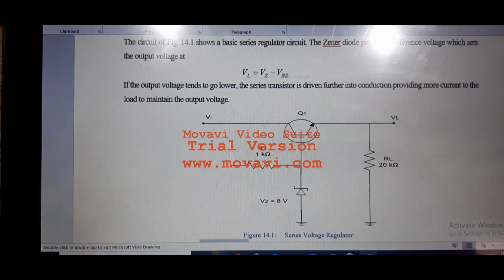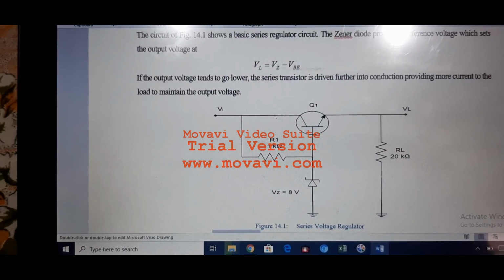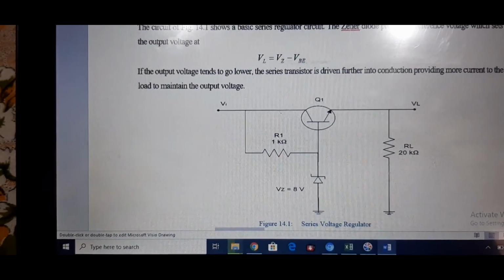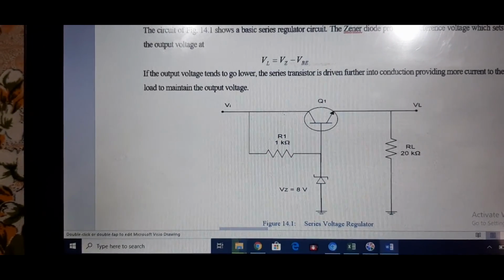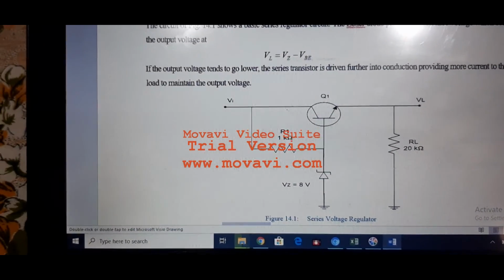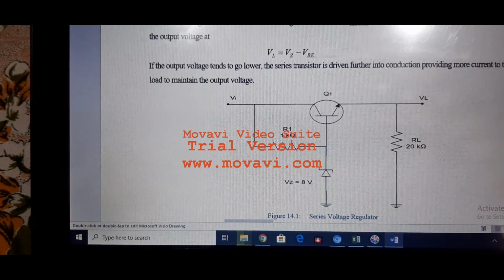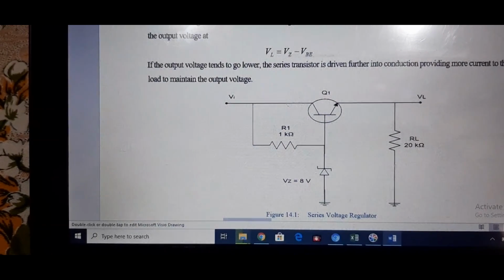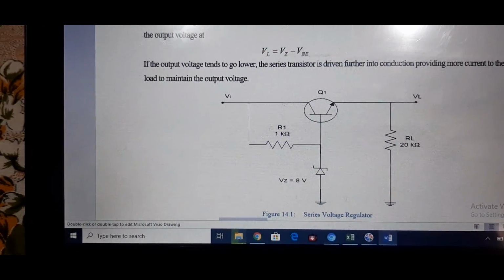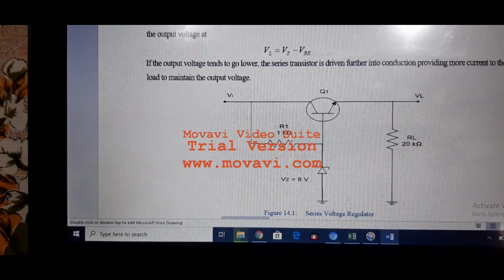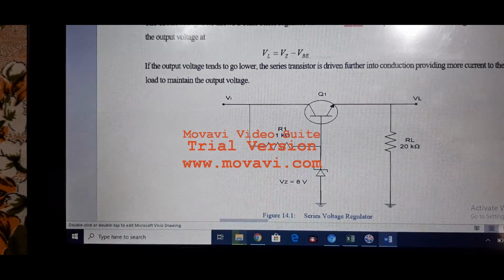Now the circuit diagram that we will use in our first lab task is shown in figure 14.1, which is the simple series regulator. Here we will not use the op-amp. We will use only the transistor, Zener diode, and the two resistors. The transistor Q1 is the series element which I described previously, that will control the amount of the voltage that is going at the output, which is across the load resistance RL, and the Zener diode provides the reference voltage which will be compared to the feedback path.